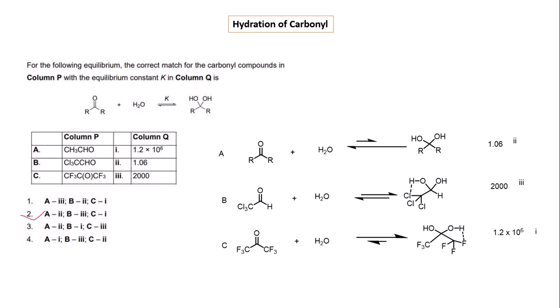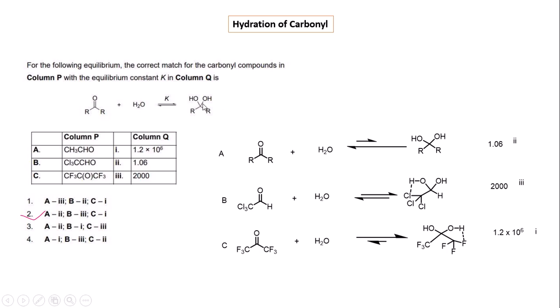I am discussing the NET question solution 2025. First question: for the following equilibrium, the correct match of the carbonyl compound, that is the hydration reaction with the carbonyl. In the hydration reaction, the carbonyl group reacts with water to form the gem-diol intermediate,